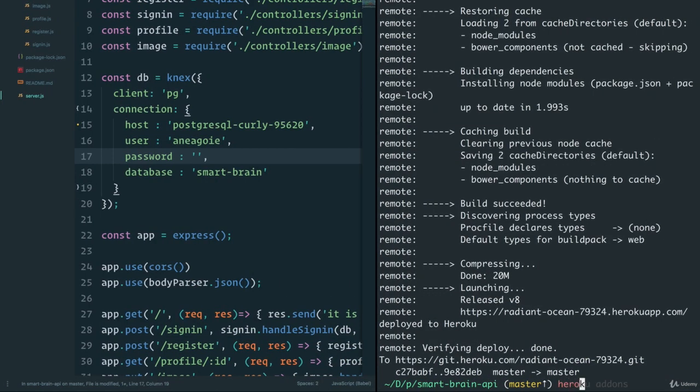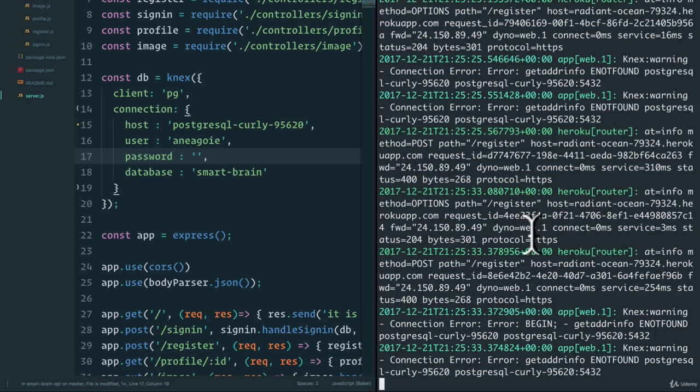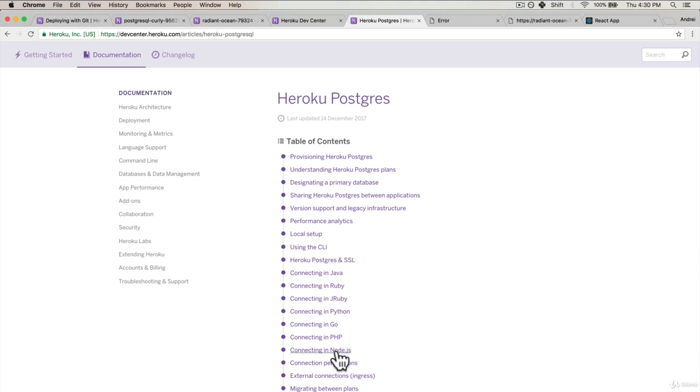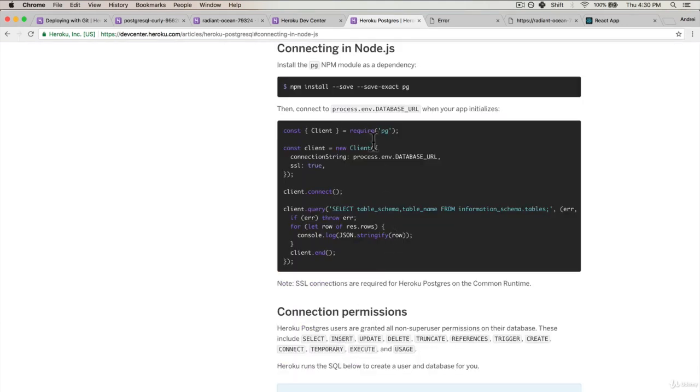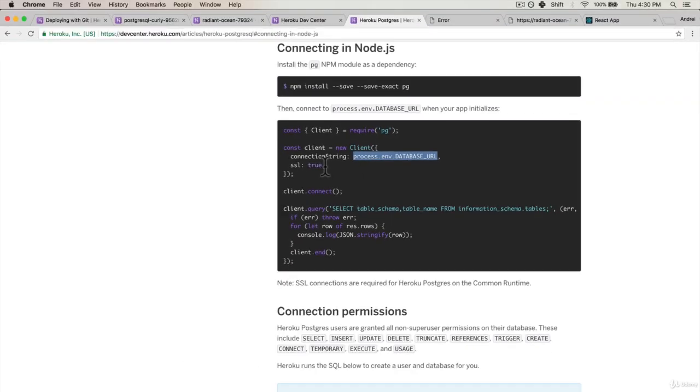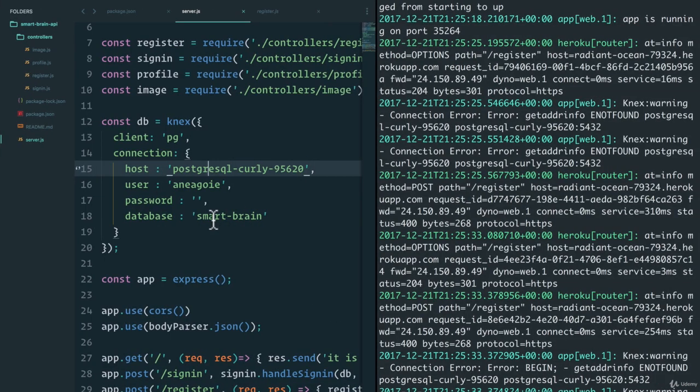If we do heroku logs --tail. Oh, look at the error. Connects warning connection error. So it's not finding the host that we want. So let's go to our documentation to connecting to Node.js. And we see here that with the client, Postgres actually just gives us a database URL here. And we also need to have SSL true here. And you can read up on it a little bit more. But we can just copy this,